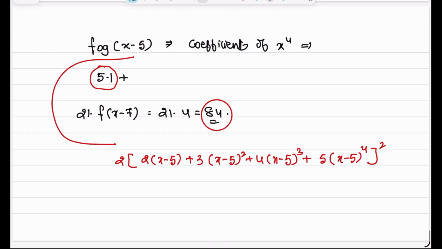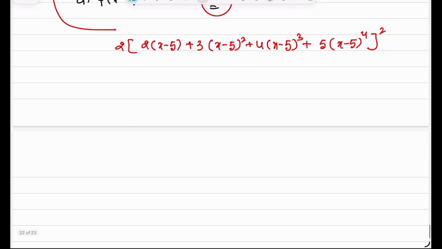Then this will be equal to, please do it carefully, 2 into 2x minus 5, 2x minus 10